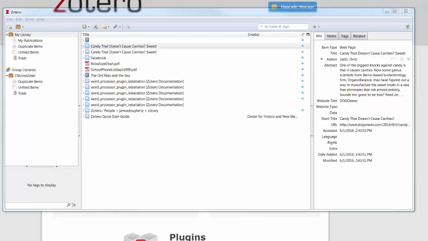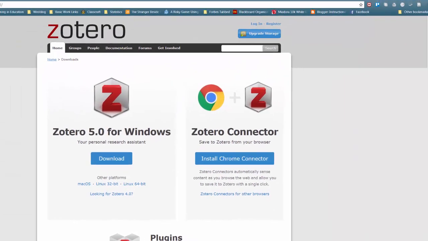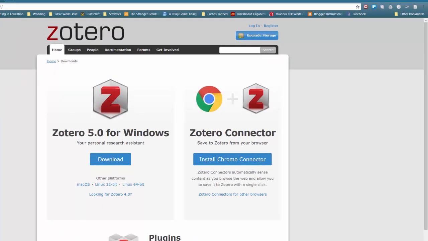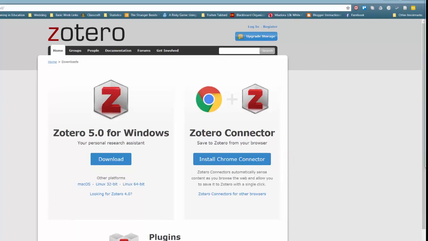These are the basic functions as shown in the full platform, but as I mentioned, this is not the only way to interact with Zotero. Another method is via the Chrome browser plugin, which can be downloaded and installed at the same location as the full platform. There is also a Firefox version of this browser plugin, but for the sake of brevity, we'll be focusing on Chrome and placing a link for where the Firefox users can find your plugin in the description below.